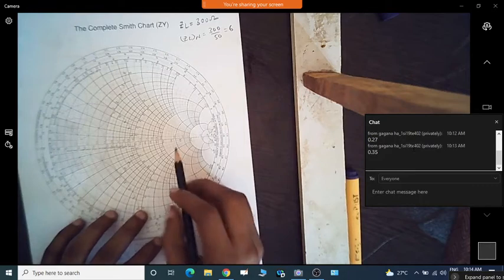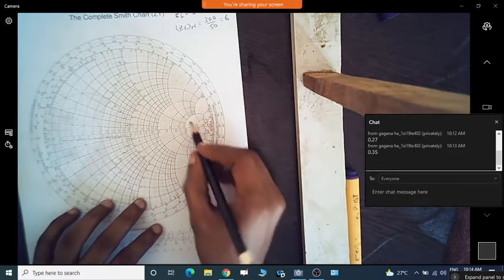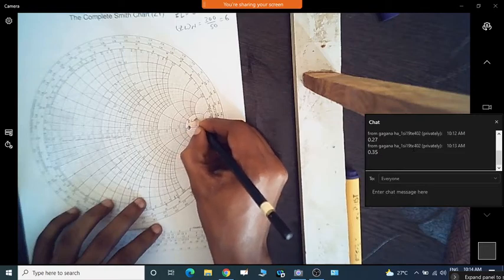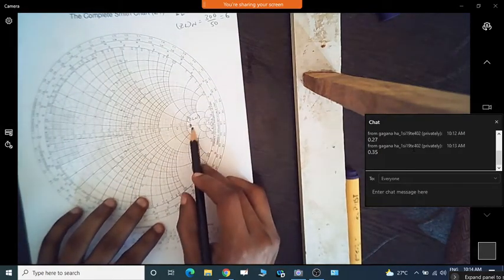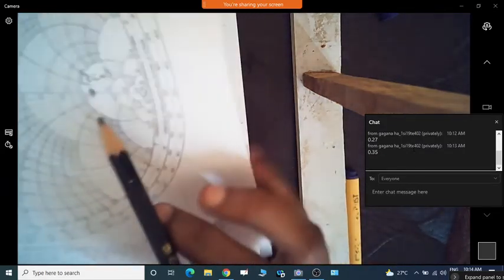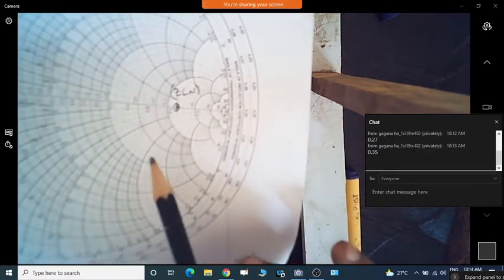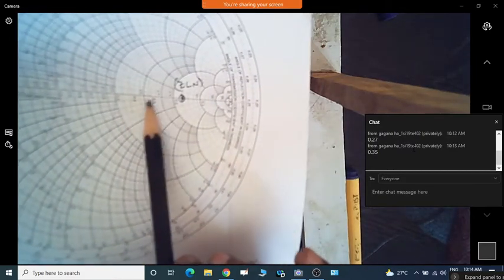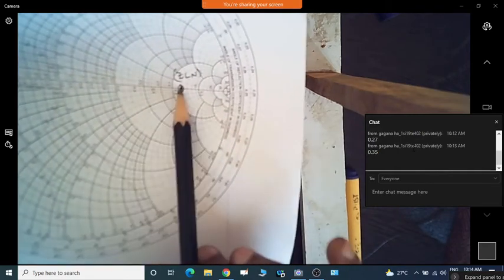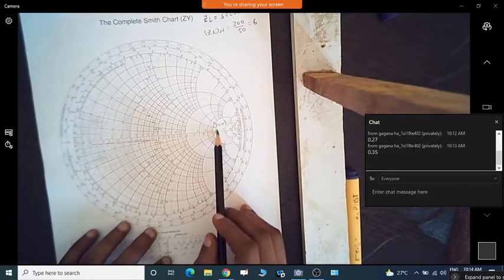Now we can see here, this is 3, this is 4, this is 5 and this one is the 6. So you will get the normalized ZL value here. Observe here, this is where we will get the normalized value after 5. So 3, 4 and 5. In the upper half of this Smith chart there are the resistance values. You can mark 6. Okay, so that is where we will get the normalized value of Z, that is 6.